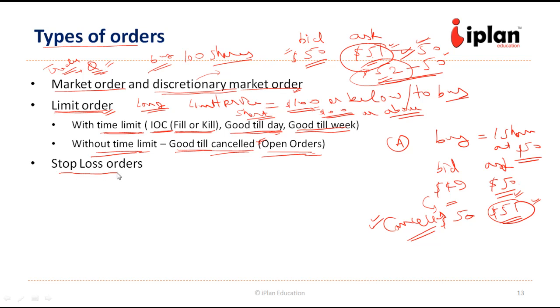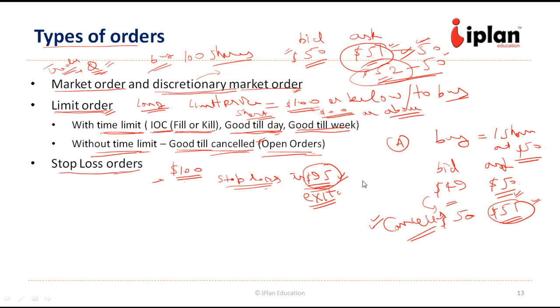Then we can have stop loss orders, where if the price moves in the opposite direction beyond a certain point, it will come out of the trade. For example, if someone has bought a share at $100 and the stop loss is at, say, $95, that says he believes the price will go above 100 since he has bought at 100, but in case the market starts moving in an unfavorable direction, it will wait till it touches the level of $95. But as soon as it touches that level, it will exit from the trade.